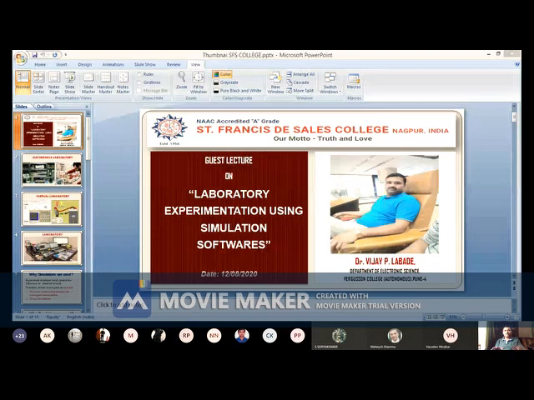Suppose you want to design some circuit like an amplifier. You need components and a breadboard, then a signal generator, CRO, and then you can perform that practical in the laboratory. But right now, in this pandemic situation, we don't have any alternative. Therefore, one can learn these practicals using a virtual laboratory. Virtual means you are performing all practicals virtually on the computer.